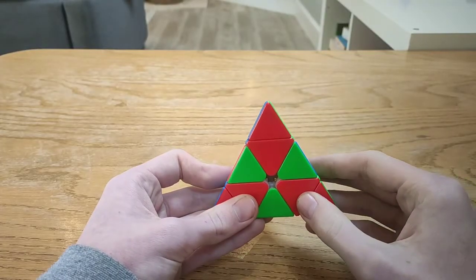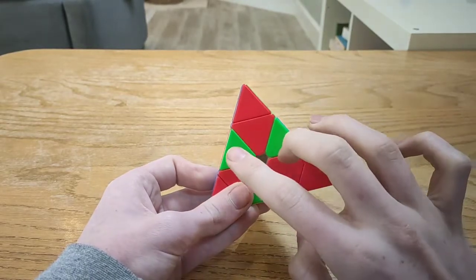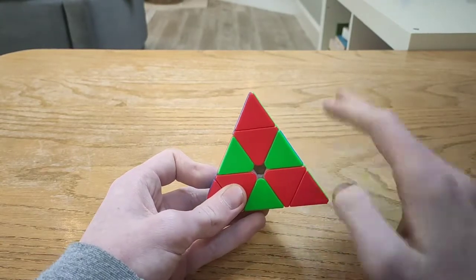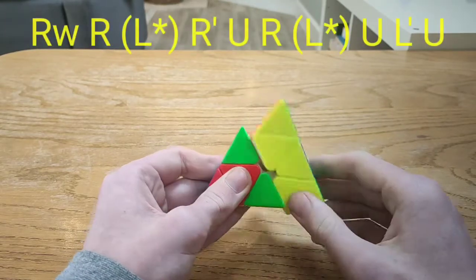In this case, you need to move all the pieces on the top to the right. So these two green pieces need to move to the green center here on the right. And again, you can hold the top and bottom anywhere you like. And the algorithm is